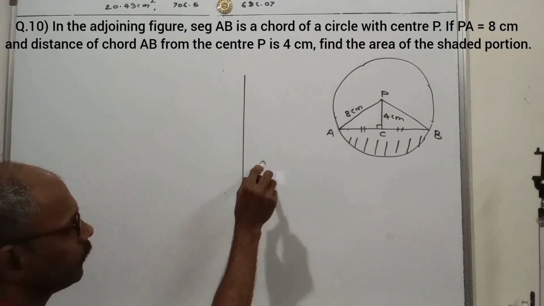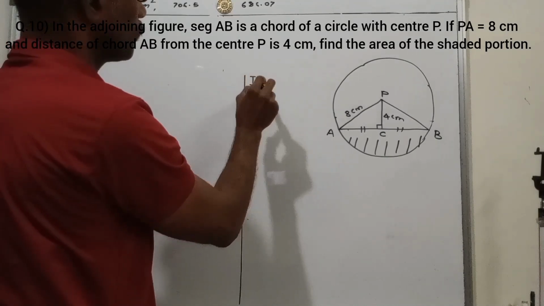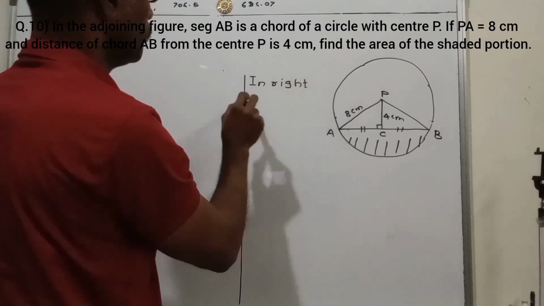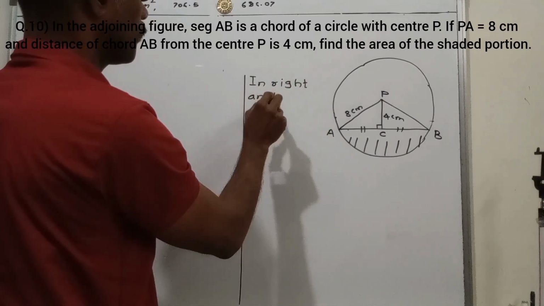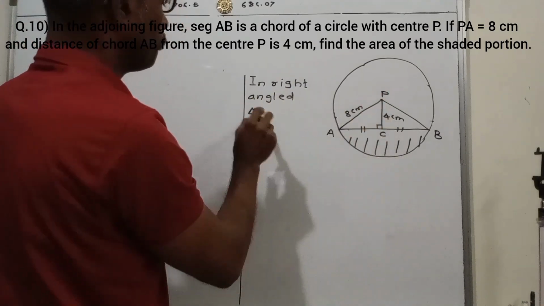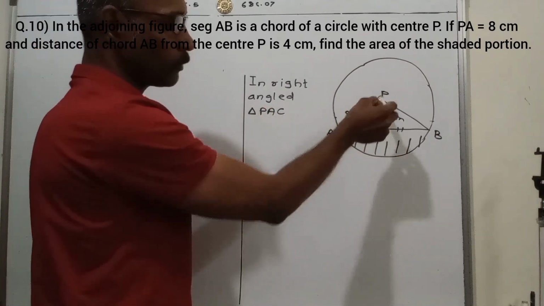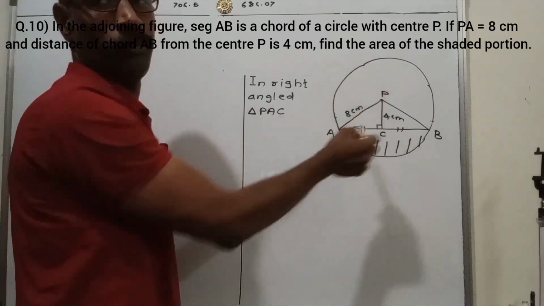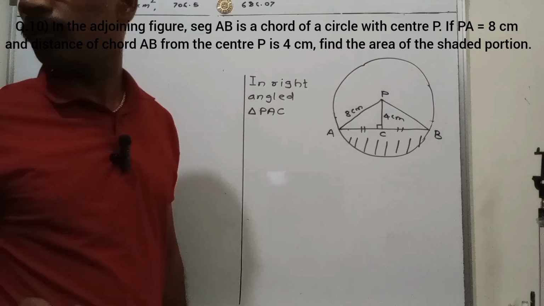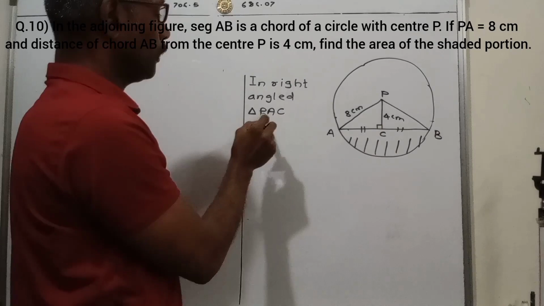Therefore, see this here, in right angled triangle PAC, or PCA or APC or ACP, right? Any name of the given triangle. In right angle triangle PAC,